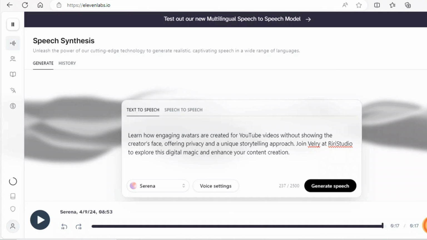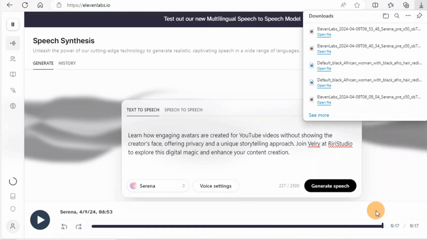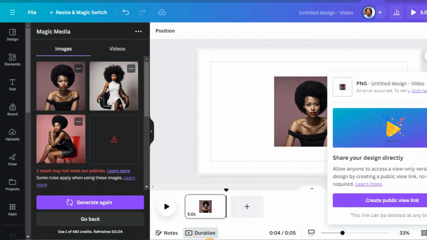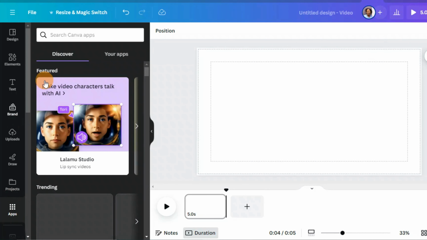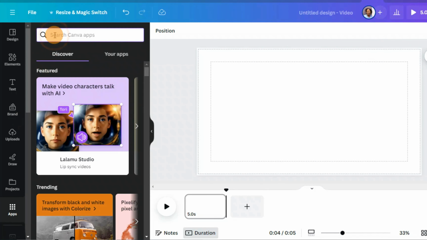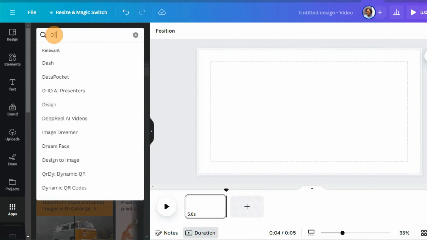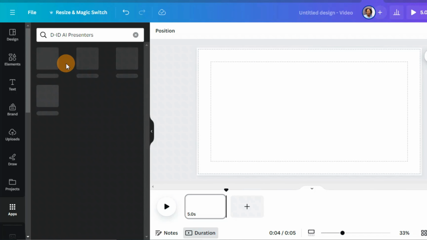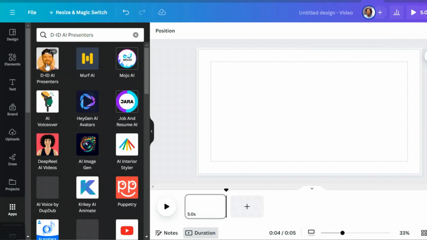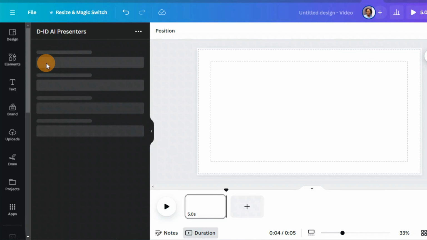Here you download. After downloading, then you just need to go back to Canva. When you are in Canva, go to apps, search DID. Okay, here it is. It's DID AI presenters. Then you click there. There it is. You click again,